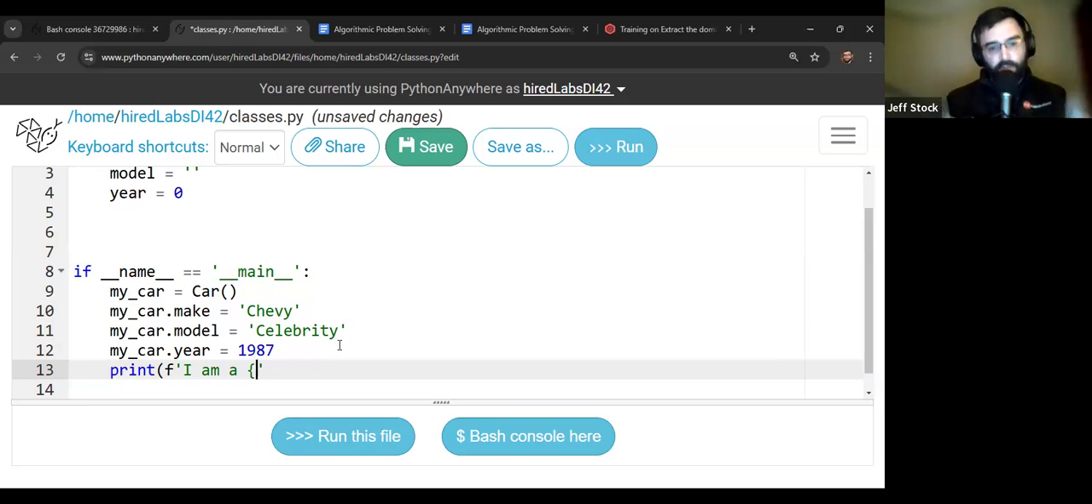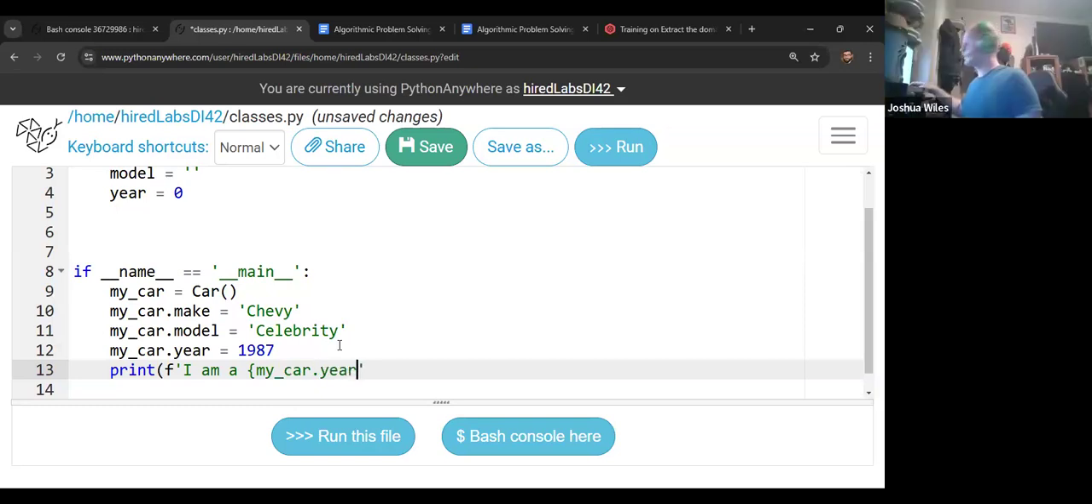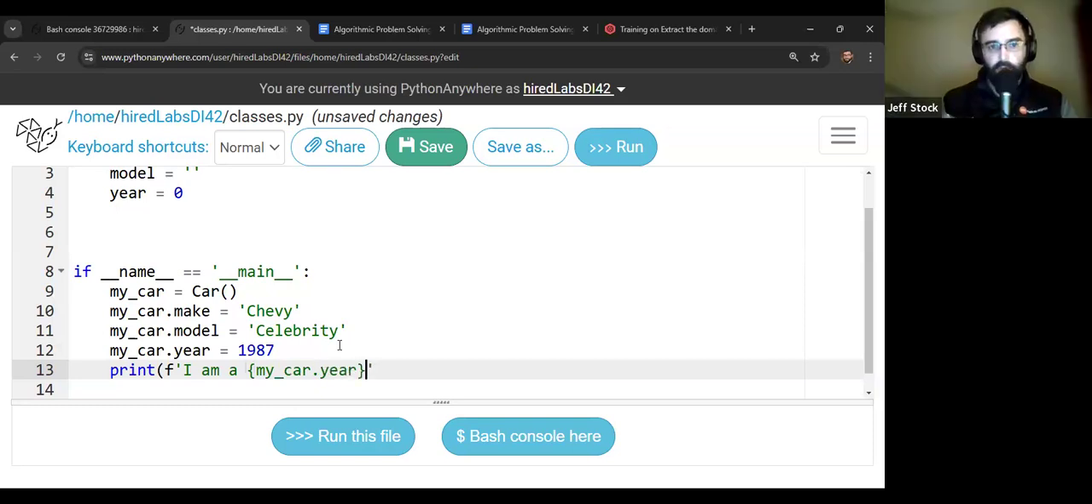But this is like the car announcing its details, right? Saying its details to you. So we say my_car.year inside the curly brackets, and that's going to put that inside of the string. So we reference the attributes in the same way that we set them, with just the dot notation. So we'll say year, and then we'll do my_car.make, and then the model, right? So my_car.model. All right. So then when we save that,